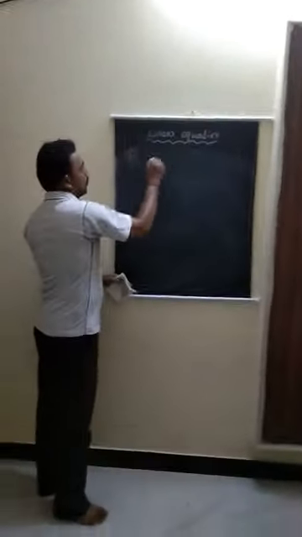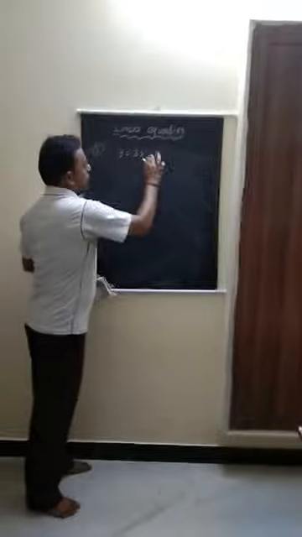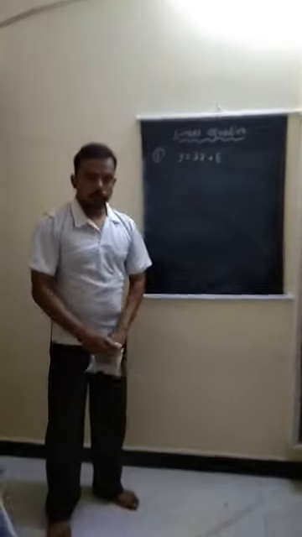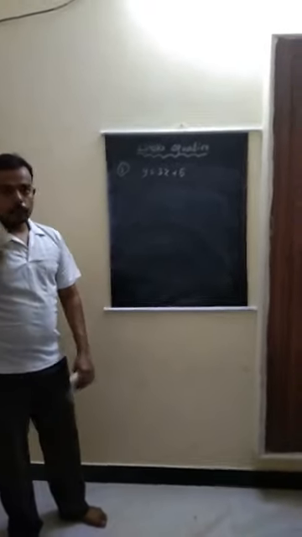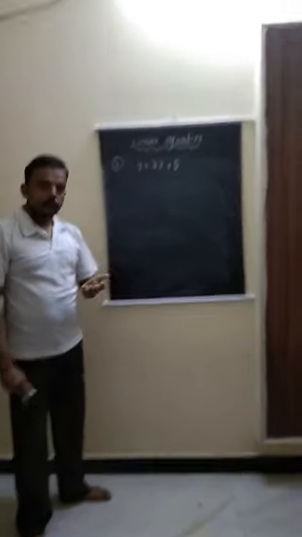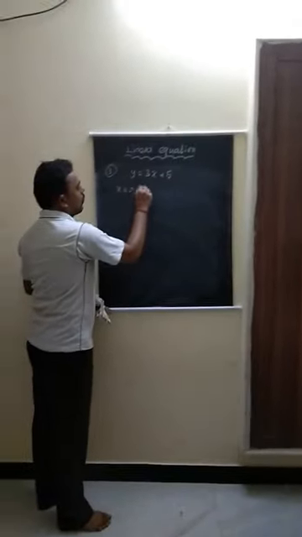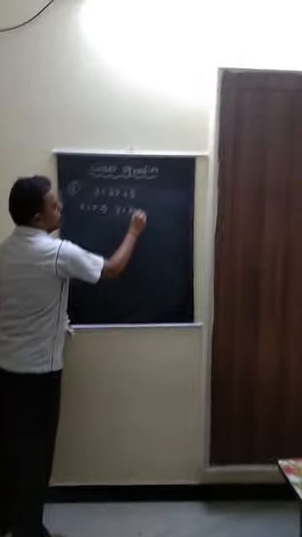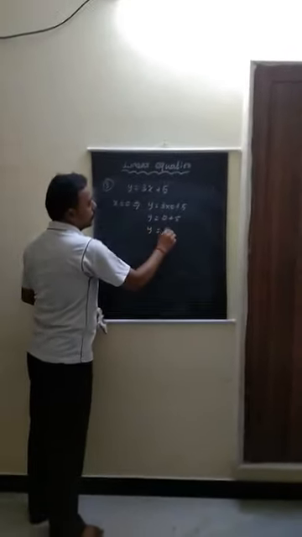Third problem. Suppose y equal to 3x plus 5. Does this one have a unique solution, two solutions, or infinitely many solutions? This is the question. So think about this one. Here you can substitute x value as 0, 1, 2, any number. You can get different y values. Suppose x is equal to 0 for this equation. What happens? y equal to 3 into 0 plus 5. That is y equal to 0 plus 5, that is y equal to 5.